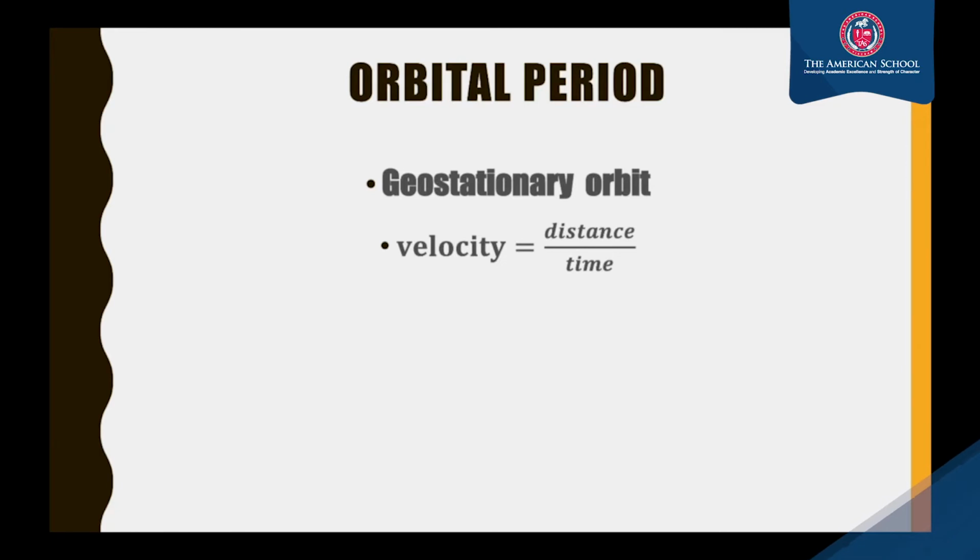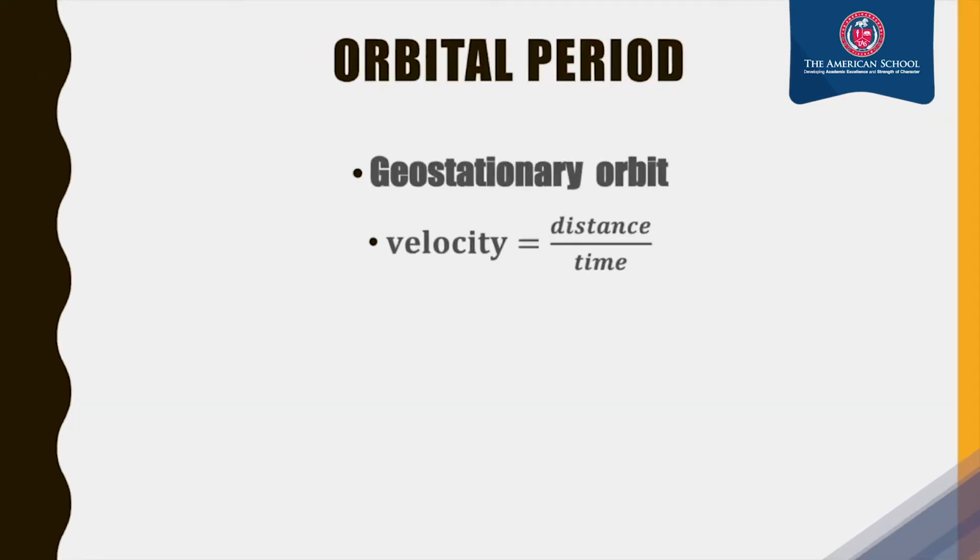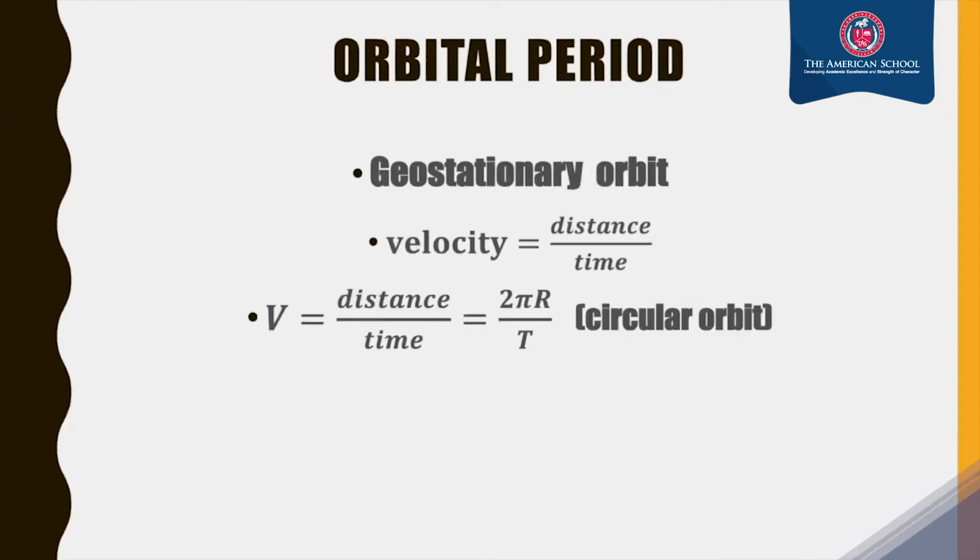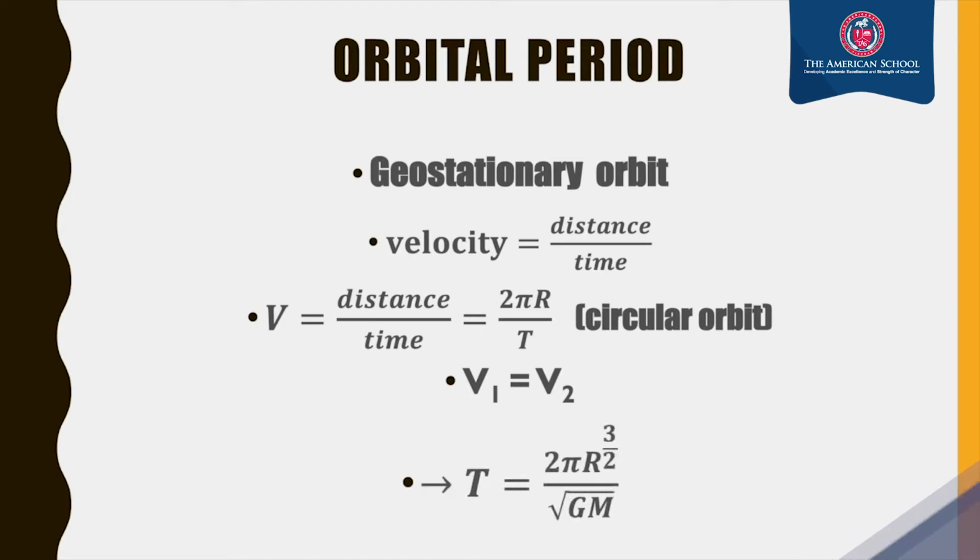We have the basic formula: velocity equals distance divided by time. Since it travels in a circular orbit, this is replaced by 2 pi times radius divided by T. The same as with the orbital velocity, we let these two equal each other so we can find the T formula. We did a little bit of research about at what altitude the satellite will be safe, so